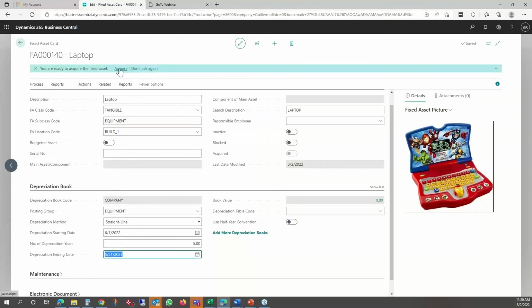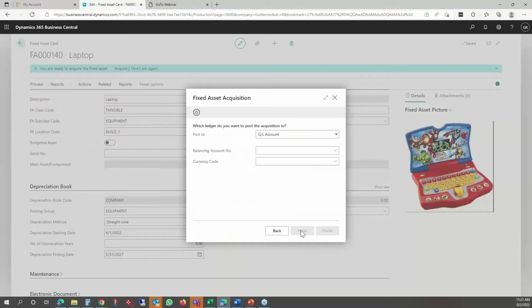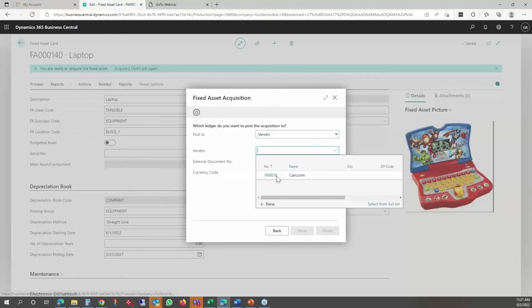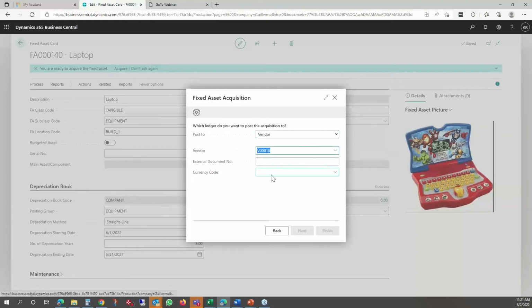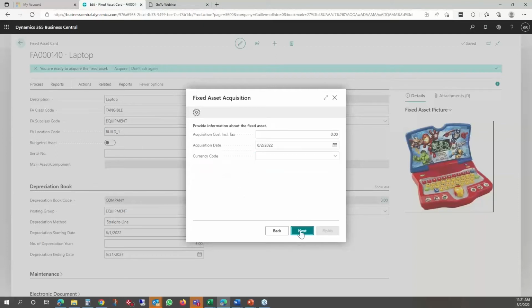So we'll go through this one more time. Acquire, yes. I don't have any other vendor set up, so I'm just going to pick the same vendor, which probably doesn't make sense because of card.com, but let's say we bought a computer from them. We'll do test 4, 5, 6, 7, 8, 9. And I'm going through this real quick because we just did it for the truck. But I just want to have another asset set up. Let's say we pay for the laptop